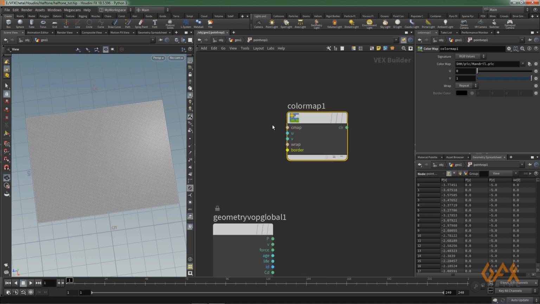Okay, and here in the color map you can define that color, but I need that same image that I called in my grid. So for that purpose I middle click on this color map and click Promote Parameter.